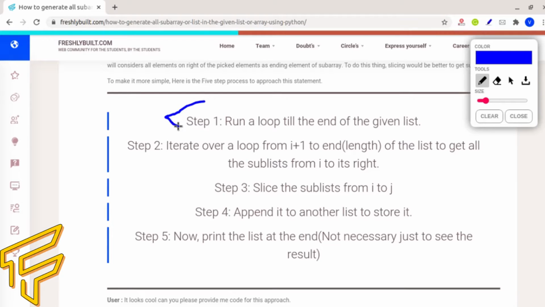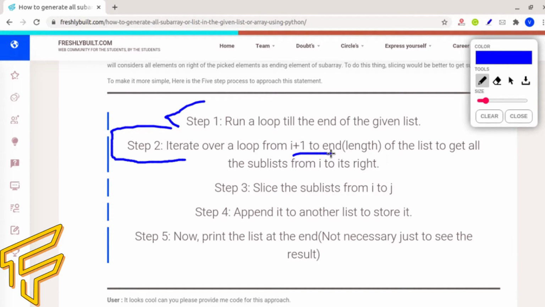Okay, now I have a better understanding. So what are we going to do in the next step? In the next step we are going to iterate over one more loop from i plus 1 to the end. It is a very interesting thing. Why have you considered i plus 1 to the end? Why not start from i?